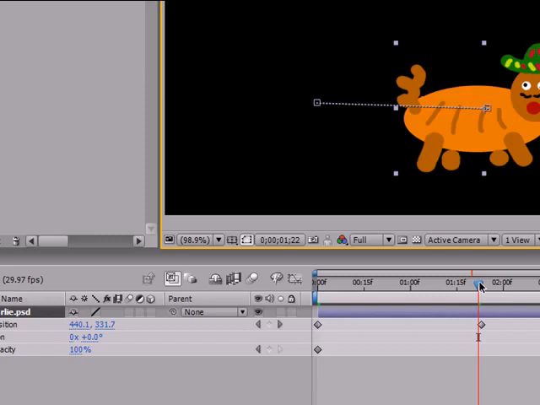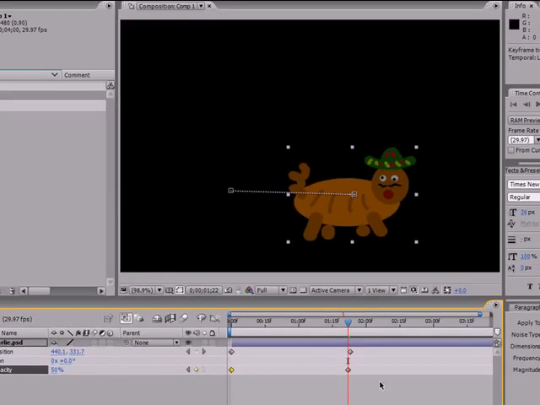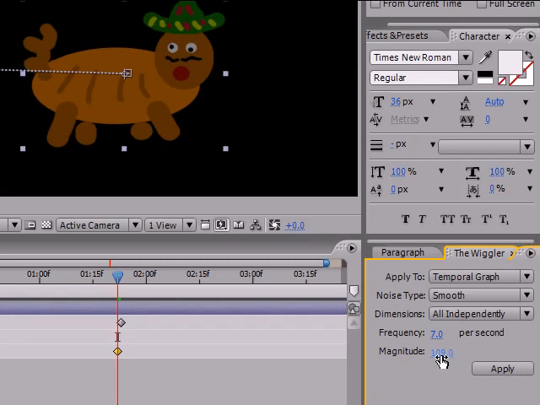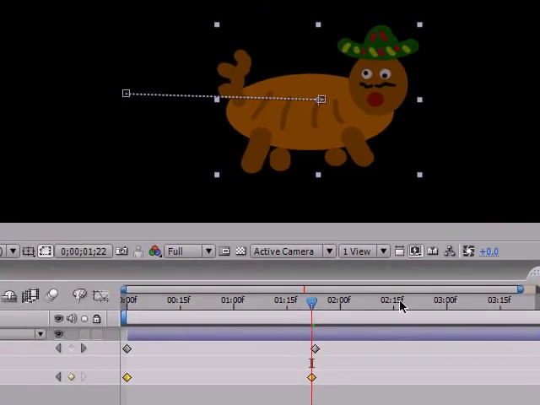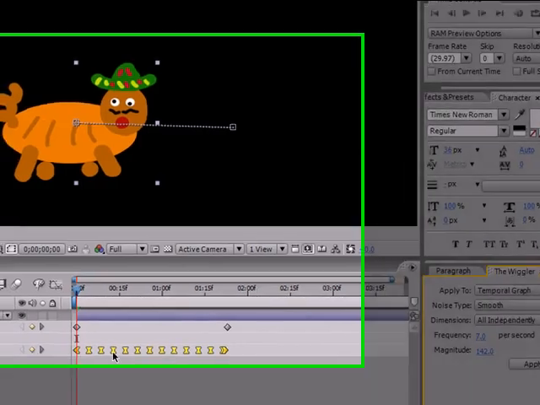If you go to opacity, just make 2 quick keyframes, and let's put them at 50% each. Put this at 50 and put that one at 50. You can actually select both of these and wiggle these just like you would anything else. And what this does is it doesn't really make your object wiggle up and down. When you wiggle opacity, it's going to make it flicker on and off like a light bulb burning out or something. So let's go to home, apply it, and as you can see, it added a bunch of wiggle keyframes